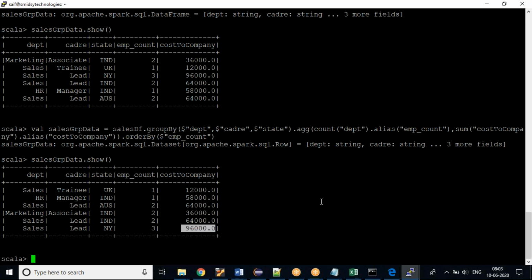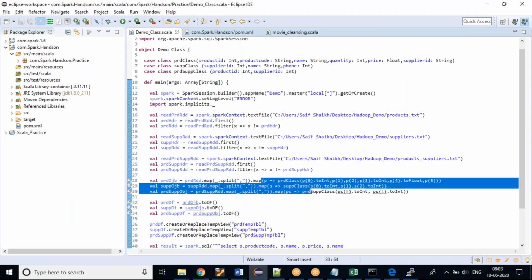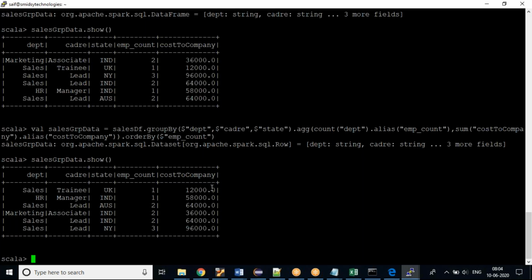So with the help of data frame, it becomes pretty easy, and a lot of coding effort is saved, and it gives you a tabular format to write many DSL, which is domain specific language, and Spark SQL related queries. I could have achieved this through Spark RDDs also, but again I would have created a case class, split, done an object, then converted to data frame, and then written it. So in data frame, I can directly read and manipulate as per my requirement scenario.